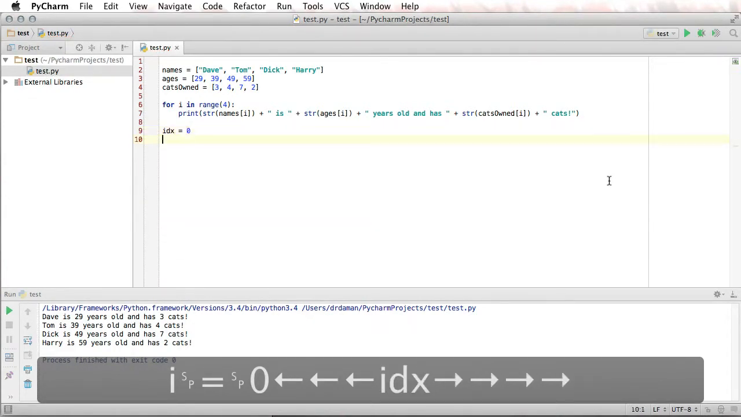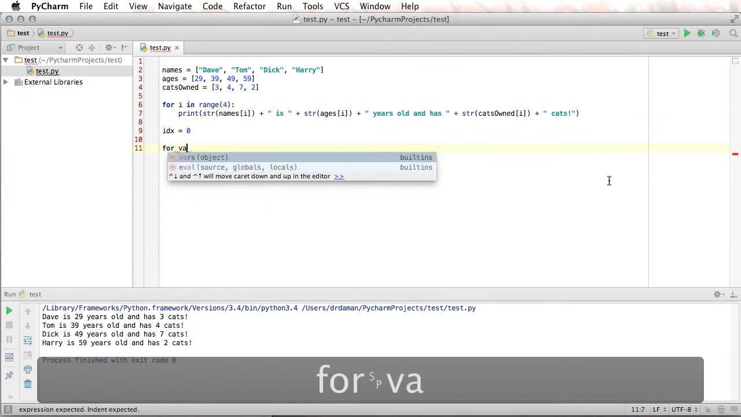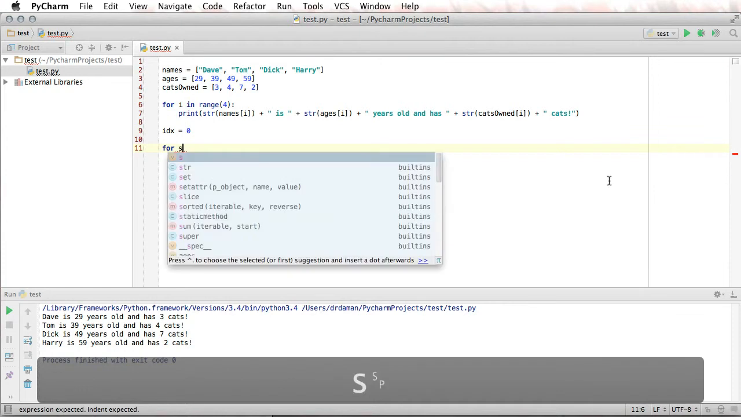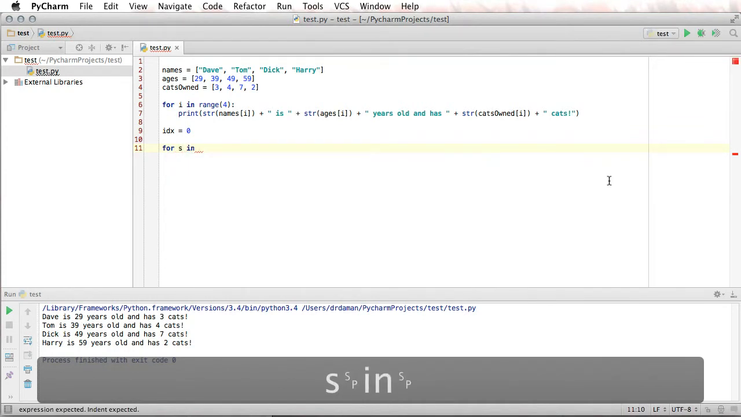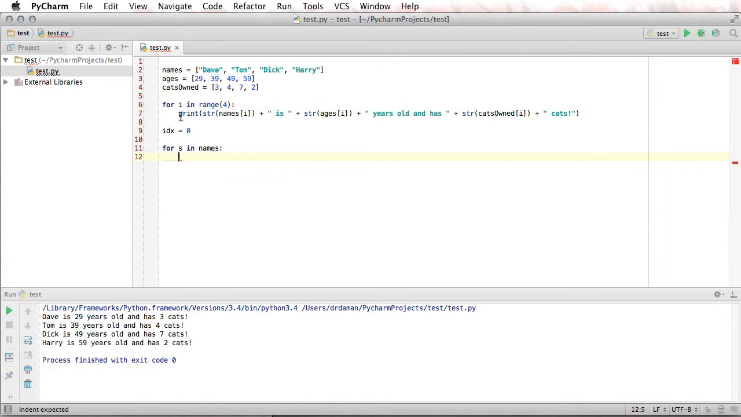And again, we're going to say for, I'm going to say value, V-A-L-U-E, because I don't know what it's going to be. Well, in this case it's going to be text or string, so I'll just go S. For S in names, so that's going to get us our names. Put in a colon, and I will grab a hold of,